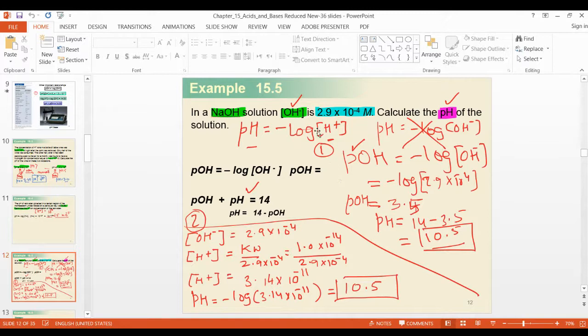But if you want to do it directly, OH is given, so pOH is used. pOH is negative log OH. Then if you get pOH, you subtract that pOH value from 14: pH is equal to 14 minus pOH. So you can use any formula in this calculation. Is this formula clear to you? These two formulas we have used, and you can use either one. If the base is given and you want to calculate H plus, or maybe the opposite, the acid concentration is given and you have to determine the pOH, how much pOH do you get?